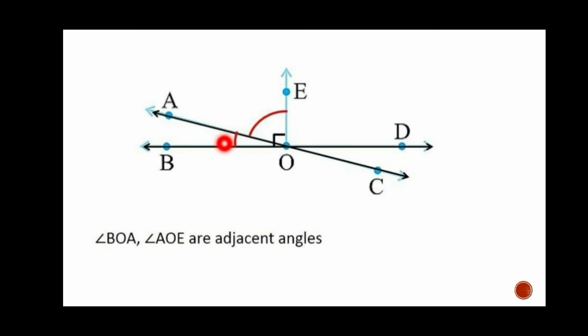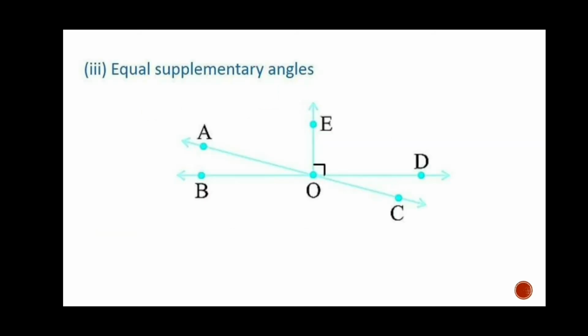The angles are separate. And also when we add these two angles, we are getting exactly 90 degrees. It means these angles are adjacent as well as making an angle of 90 degrees. The sum of the measure is 90 degrees, so they are complementary also.